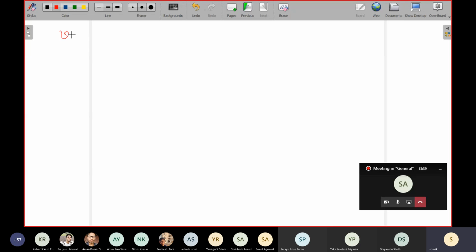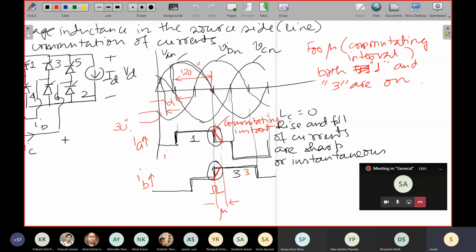You can see that I can write VAN. Tell me what I can write as VAN. So look at the previous page. What is VAN? VAN is equal to L di_a by dt plus VD dash. So what is VD dash? VD dash is